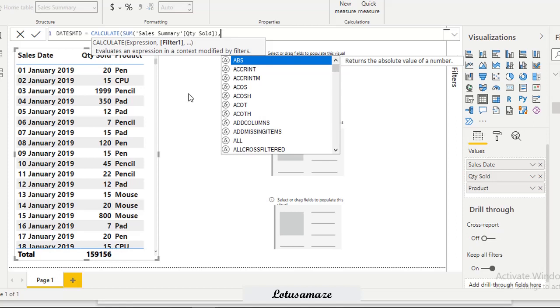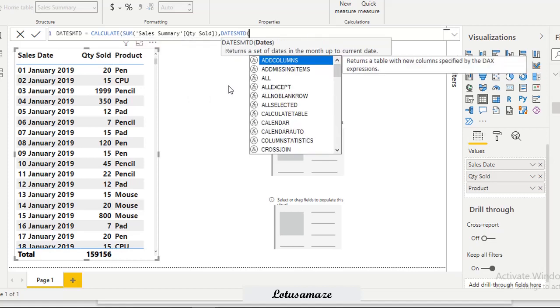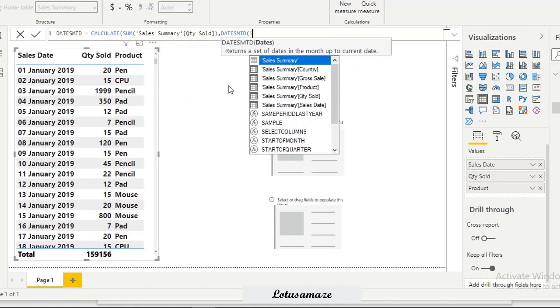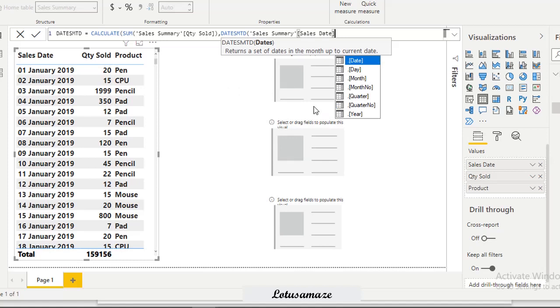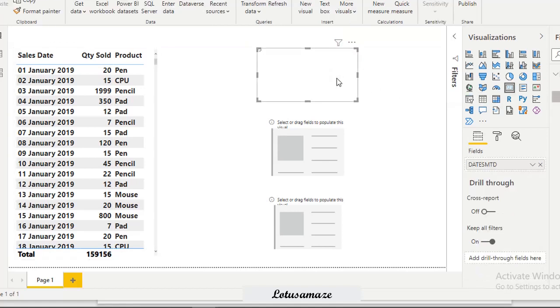The second parameter of CALCULATE is the filter, so we'll pass DATESMTD, sales date. Now execute. The measure is created. Now drag and drop it in a card. The figure is 3238. We will verify all these figures with the calculation on the Excel sheet.